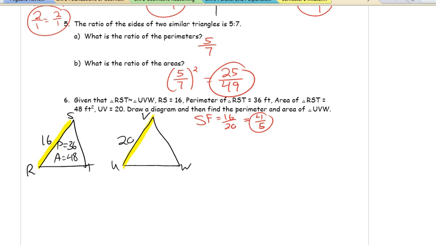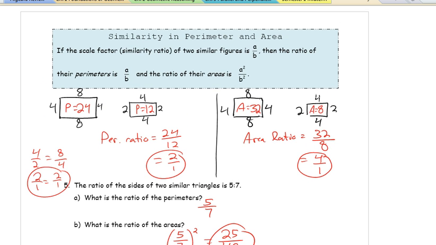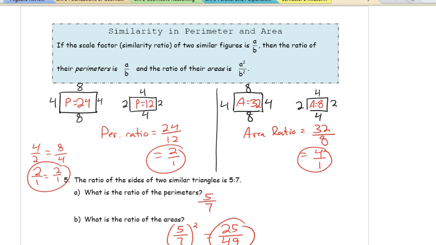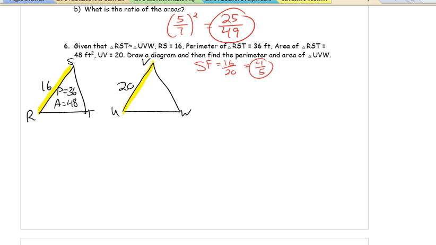So that's the scale factor from small to your bigger one. What we said before is that the scale factor for your perimeters remains the same. It's just A over B. So if the scale factor is 4 over 5, that's the same for your perimeter. So we would say something like, I'll do this in a different color, 4 over 5 is equal to, well, if my small one's getting 4, my big one's getting 5, when my small triangle gets 36